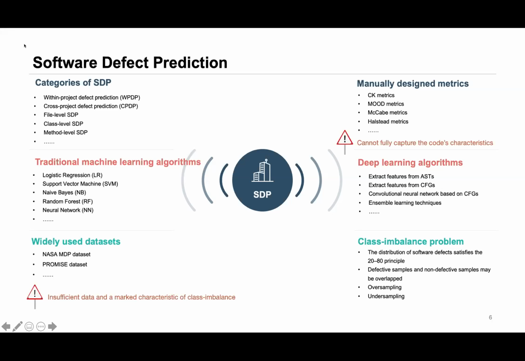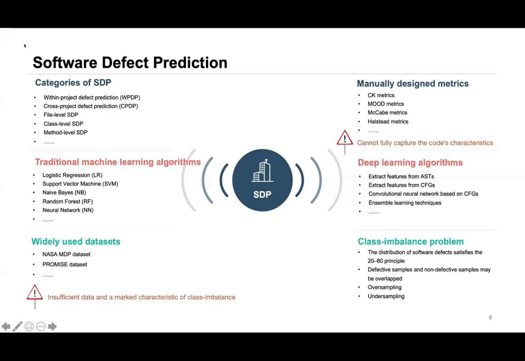To cover the shortage of static code metrics, researchers have used deep learning techniques to extract features from ASTs and the control flow graphs of the code snippets and have achieved some success. But there is still another factor that constrains the model's prediction ability, the class imbalance problem.